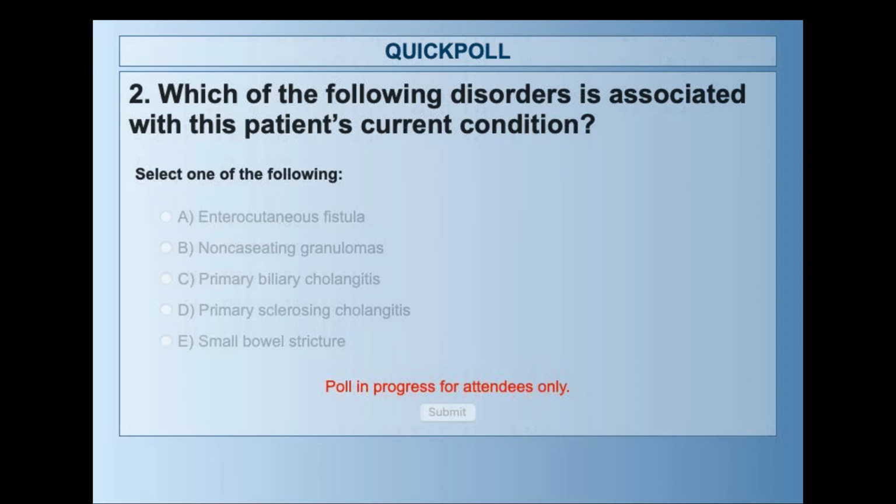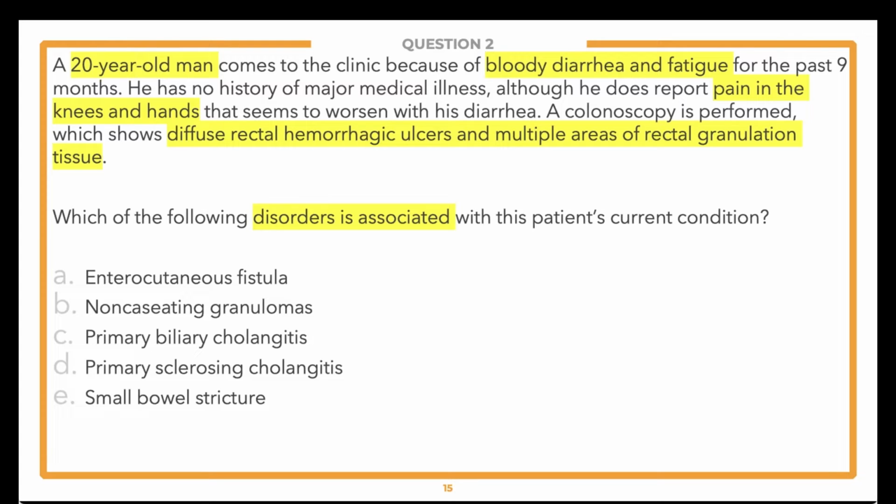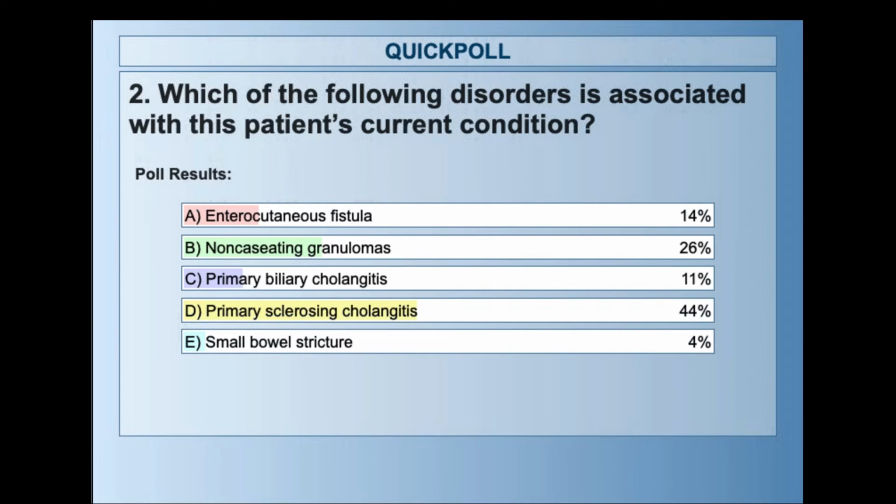Okay, let's close the poll and share the results. So almost half of you went with primary sclerosing cholangitis, whereas about a quarter of you went with non-caseating granulomas. But also, a number of votes for enterocutaneous fistula and primary biliary cholangitis. So a little more of a spread for this one. So that's good. Let's go ahead and hide the results